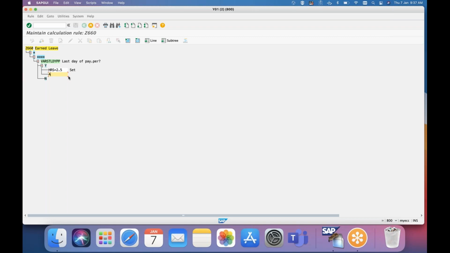Simply I will add this. ADD stands for add. Where do we store the time type we have created? In the day balance, right? So I will use DB, which stands for day balance. ADD DB is an operation to store a time type to the day balance table. These are the basics. In every PCR we will use ADD DB to store a time type. After ADD DB you give which time type you have to store in day balance with 2.5.